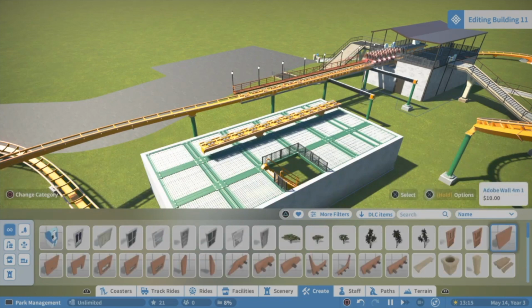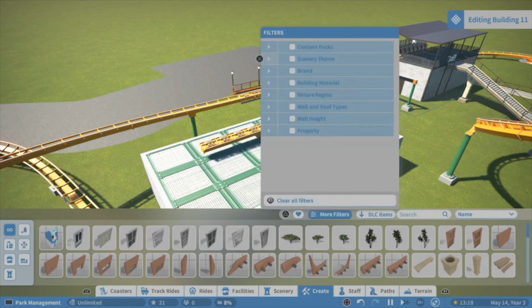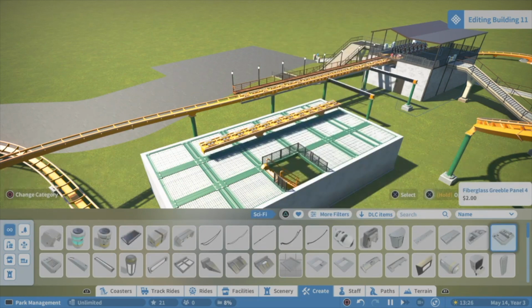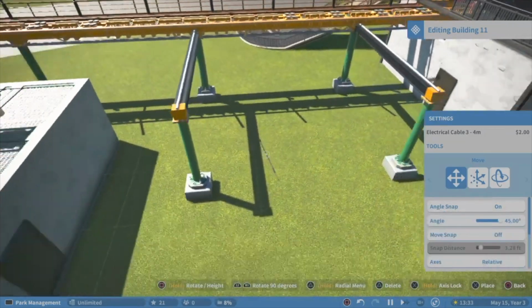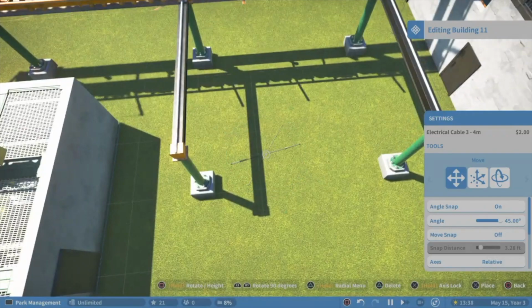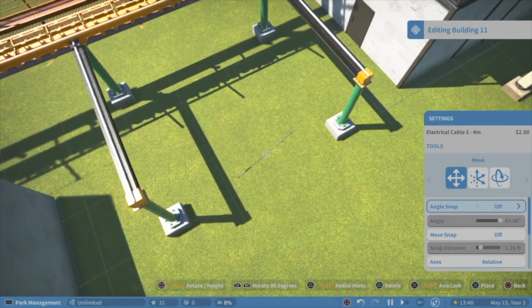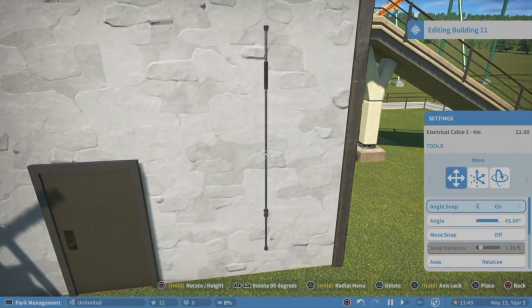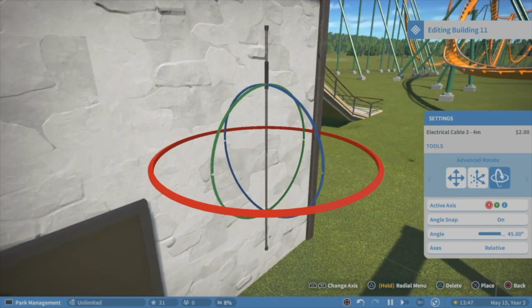So the filter pack that has a lot of the stuff that's good for this is the sci-fi theming, and it's not that that stuff's necessarily great. It's just that it's got the materials that kind of align with it the best. Like you've got your cables, and so these are perfect. So one thing that I'm going to do right here is you've got this electrical cable. I don't know why the angle snap wants to. Alright, so now let me